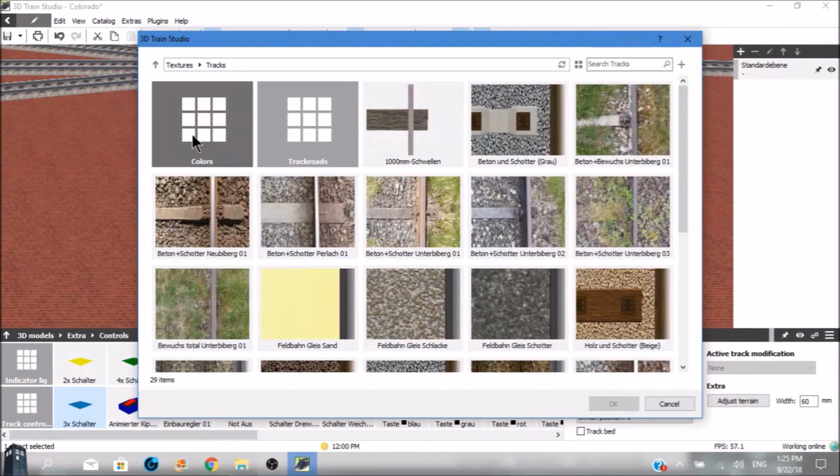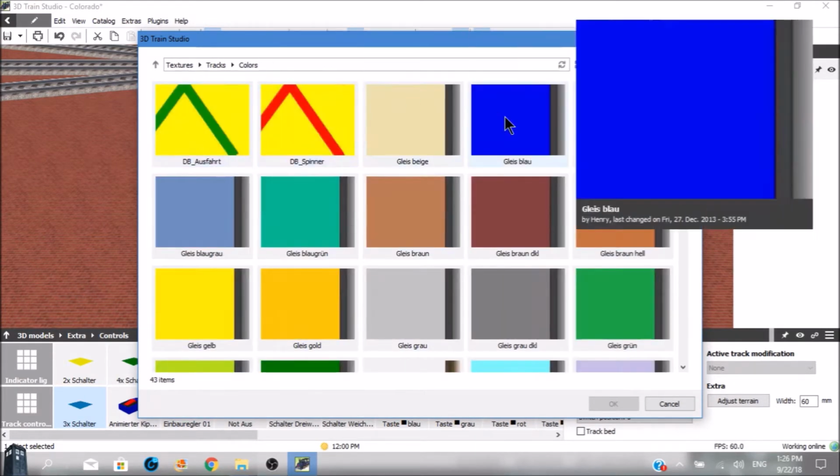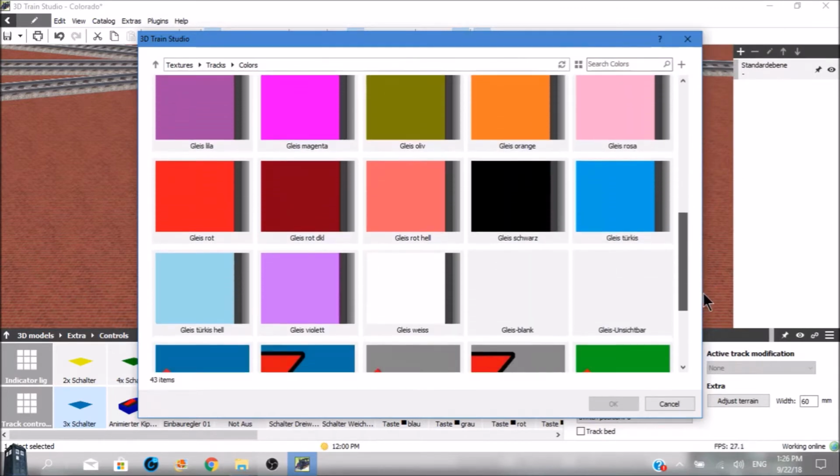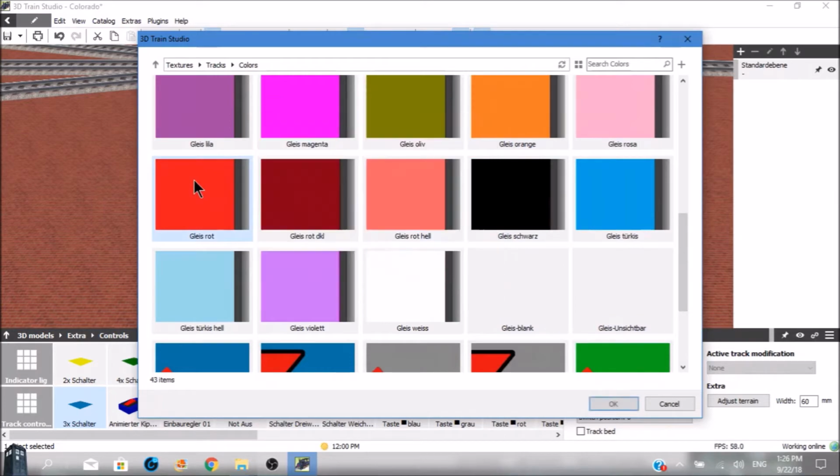We're changing the color on it to a bright red,